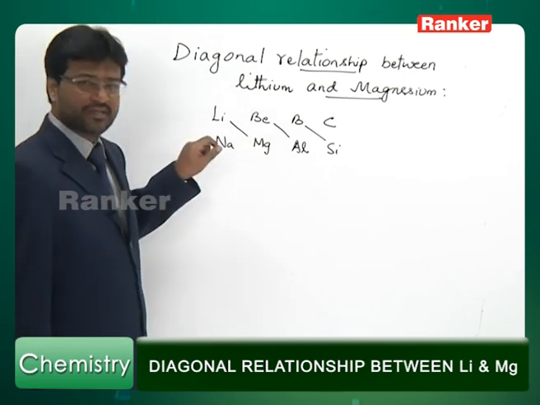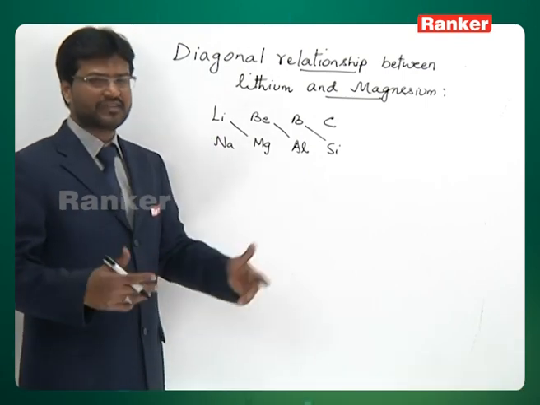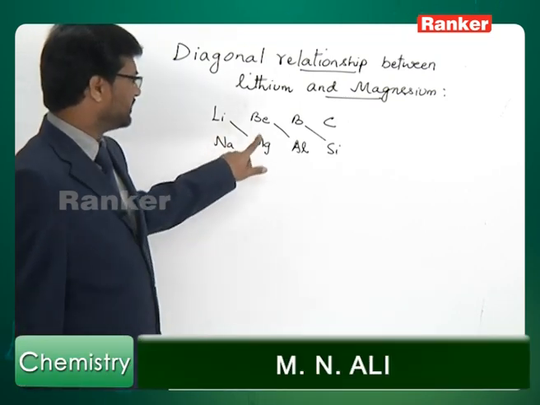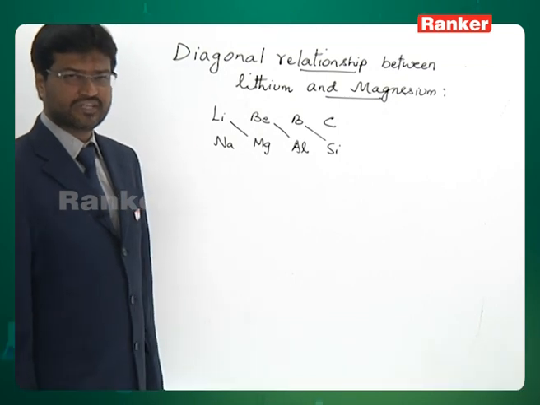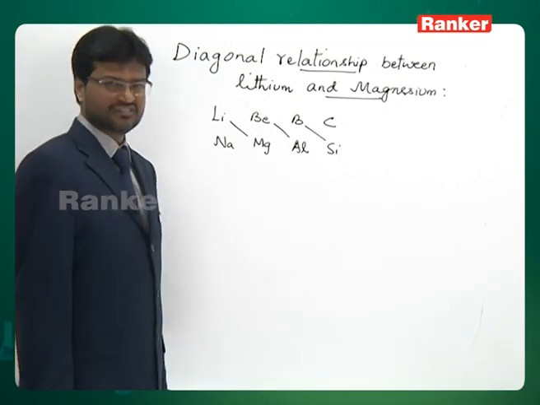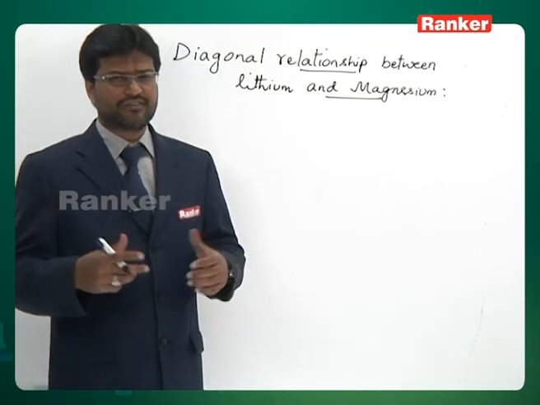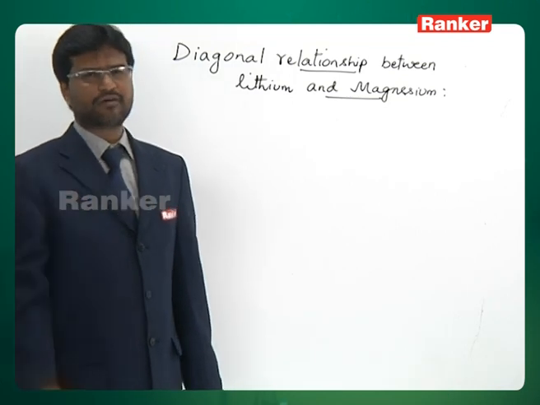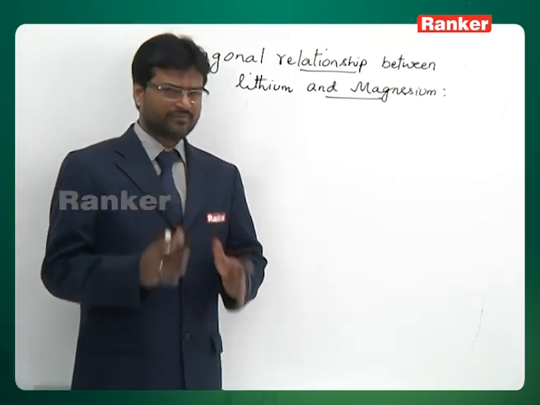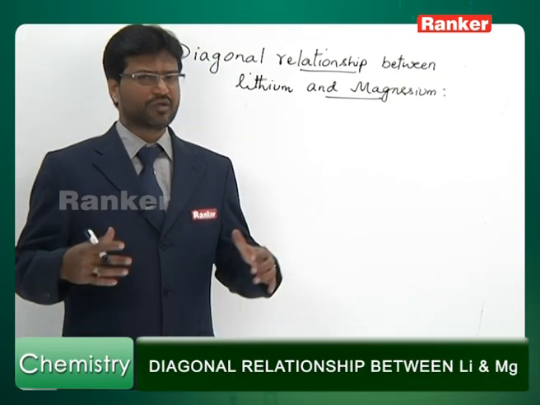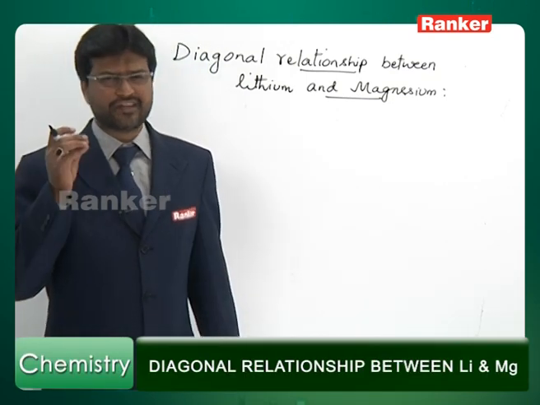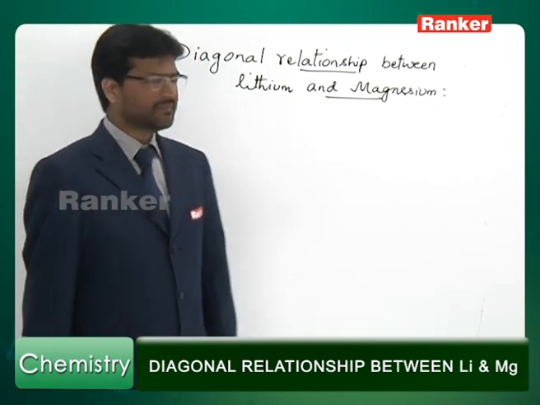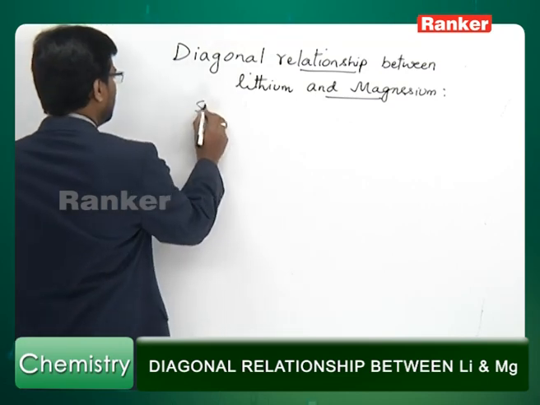Now, why do they resemble and what are the properties in which they resemble each other? Let us discuss now. Please look at the diagonal pairs once again. There are three diagonal pairs in the periodic table: lithium, magnesium, beryllium, aluminum, boron and silicon. The resemblance in the properties of lithium and magnesium arises due to similar polarizing power of Li plus and Mg2 plus. Their polarizing powers are similar, their ionic radii are similar. That is the reason why their properties are similar. The similarities are